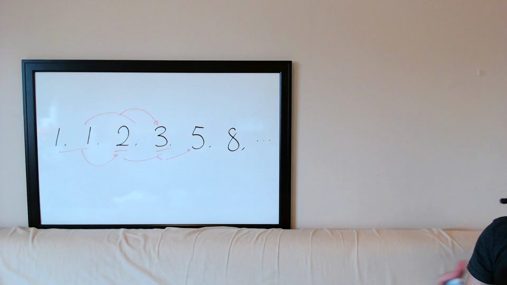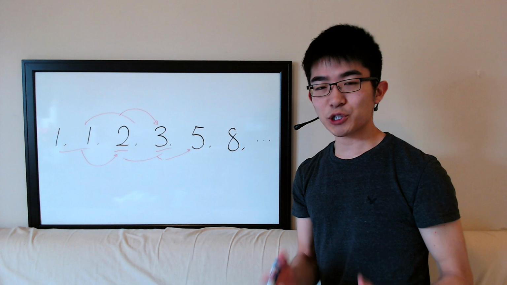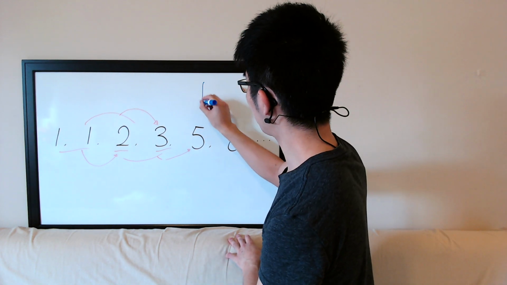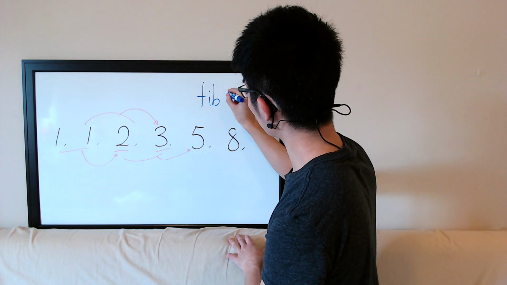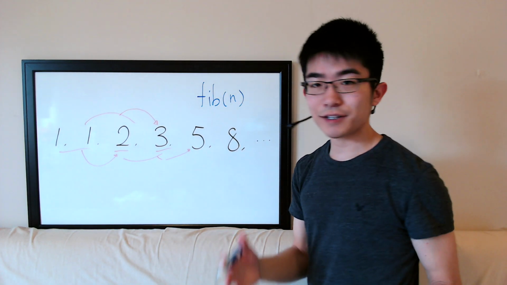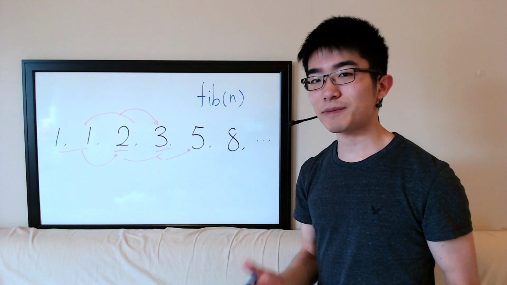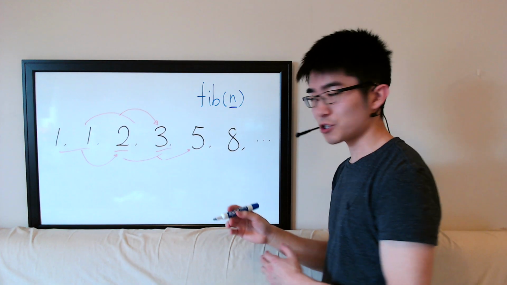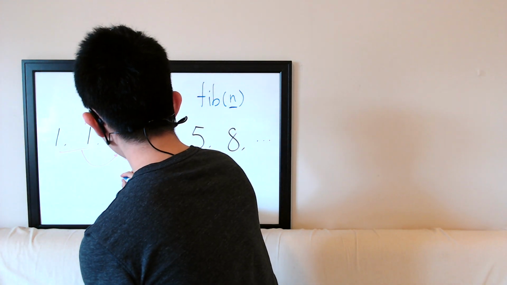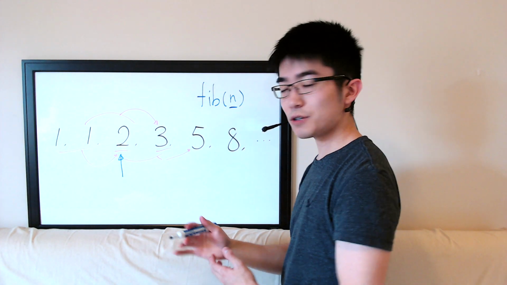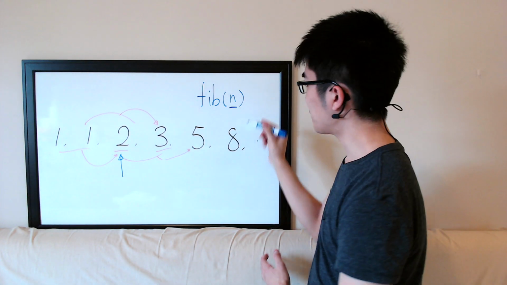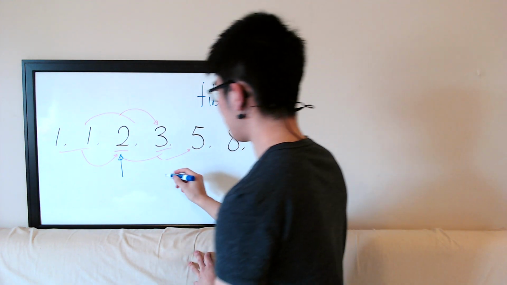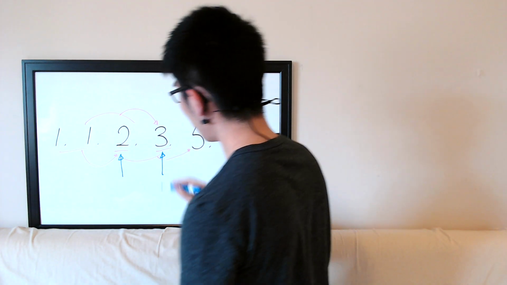And then it just keeps on going forever. And given this sequence, let's just say that we're trying to solve the problem of writing a function, let's say fib, which takes a positive integer n and returns the nth number in this sequence, the nth Fibonacci number. So if you're given 3 as n in this function, you should be able to find and return the third Fibonacci number, which is 2. And if you're given 4 as n, you want to be able to find and return the fourth Fibonacci number, which is 3 right here.